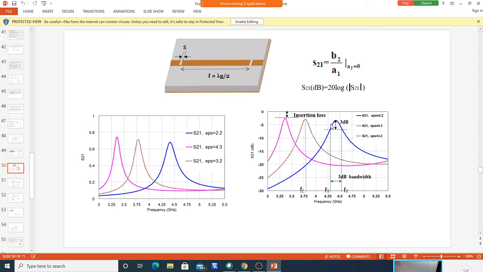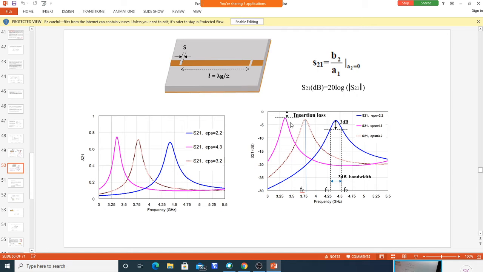Similarly, what all can we do? You can find the resonant frequency. You can find the insertion loss, how much insertion loss is there. The insertion loss should not be more. That means most of the power is dissipated in the network. That is useless. Actually, what we want is insertion loss as low as possible. So it is a very important parameter. You have to observe this: how much is the insertion loss?